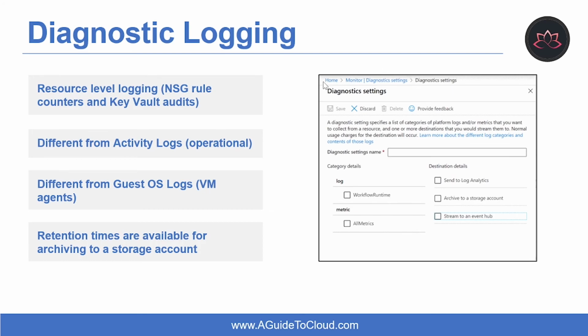You can configure diagnostic settings in the Azure portal either from the Azure Monitor menu or from the menu for the resource. These logs differ from the activity log. The activity log provides insight into operations such as deleting a logic app. The activity log is a subscription-level log. And these logs also differ from guest operating system level diagnostic logs as well.